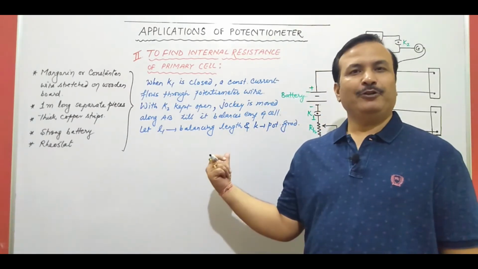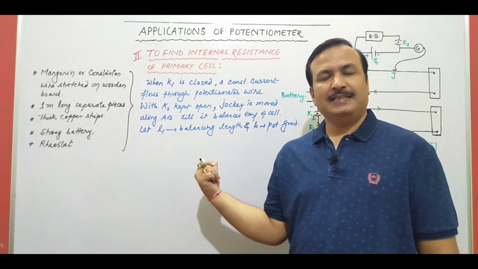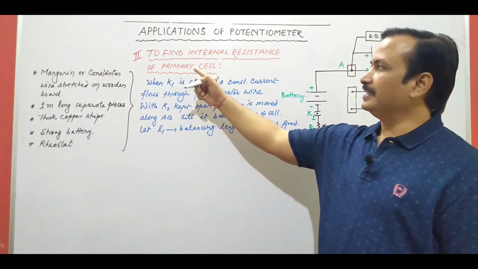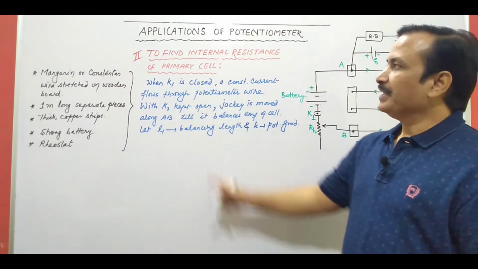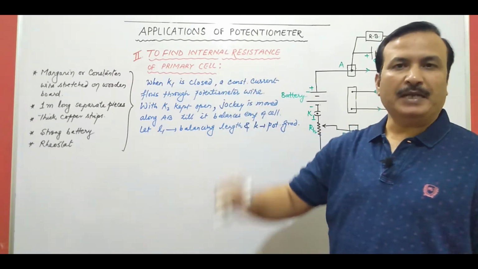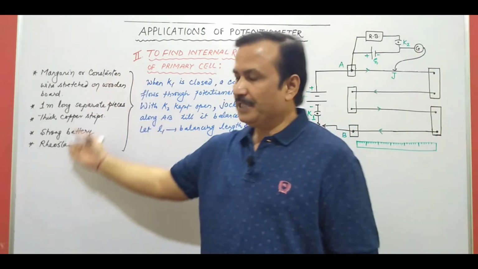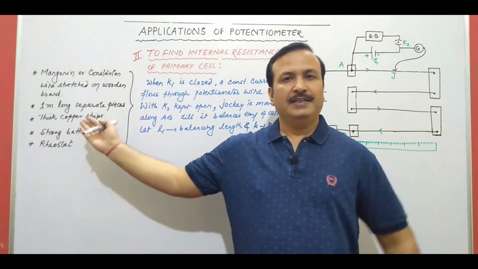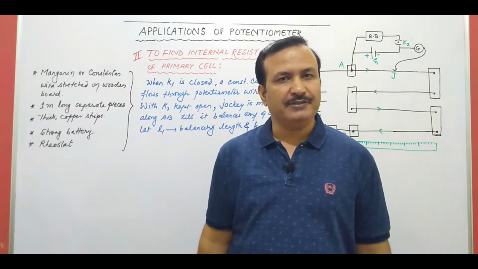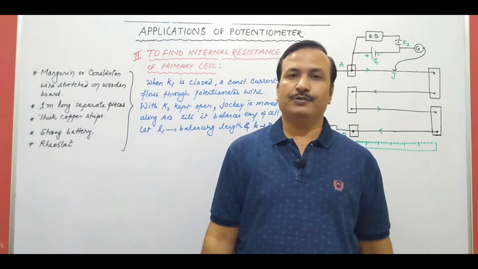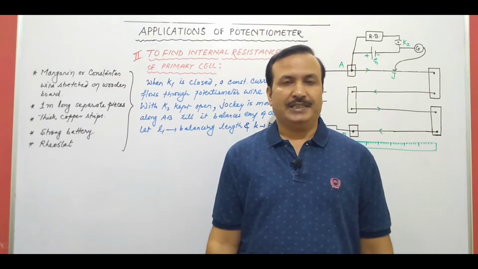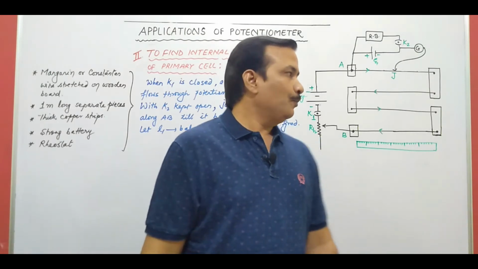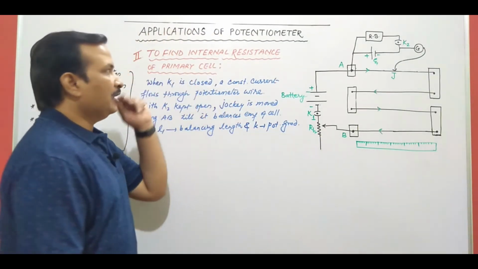The second application we will be dealing with in this video is the application of the potentiometer. The second application discussed here will be to find the internal resistance of the primary cell. All these parameters and questions, the same construction and the same reasoning questions, we have discussed in the previous two videos. Please watch those videos to know the conceptual questions. So without dealing with this again in this video, please see that we need to find out the internal resistance